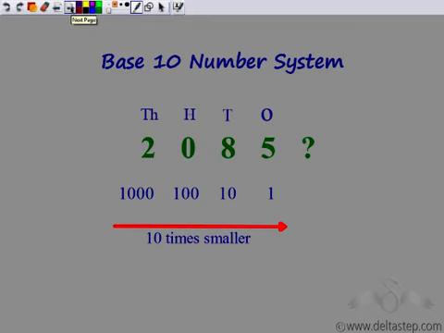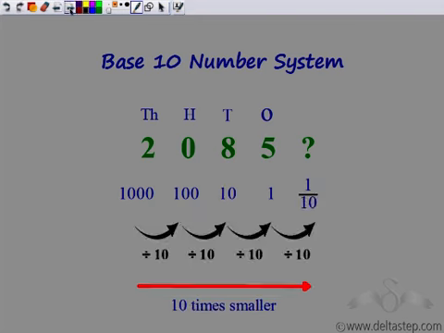So what I'm doing is, in each case, in each step, I'm dividing by 10. Now, what if I go beyond ones? That is, again, if I divide by 10, I would get column multiplier as 1 by 10. And this is what we call a tenth. So we get 1 by 10, which we call a tenth. And we denote this by the symbol small t. So this is how we get tenths.